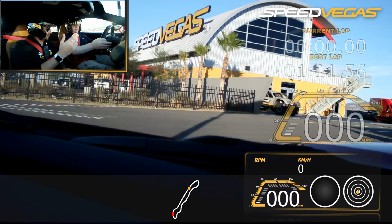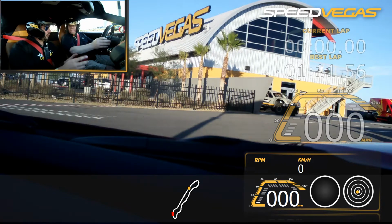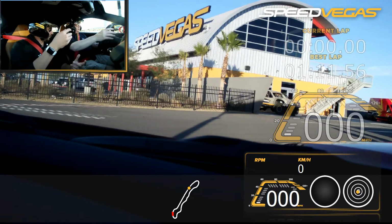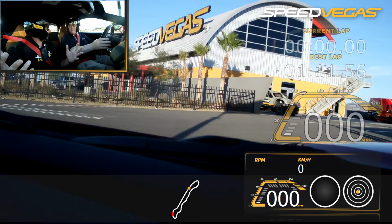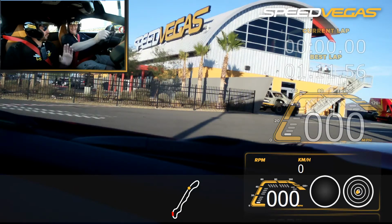Again, same thing here, right paddle shifts up, left shifts down, and those paddles do not turn with the steering, like they did with the Acura. So they're always going to be in the same spot, which is kind of cool. I kind of like that. On the straightaway, when we shift this car, it's going to be all the way up at 6,000